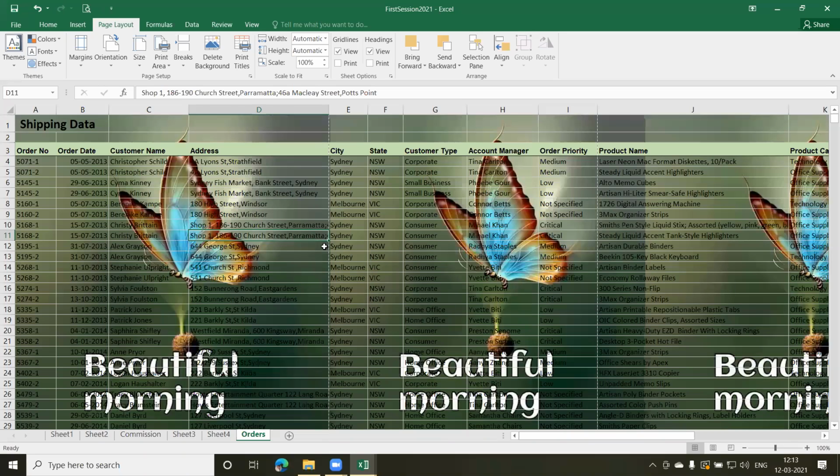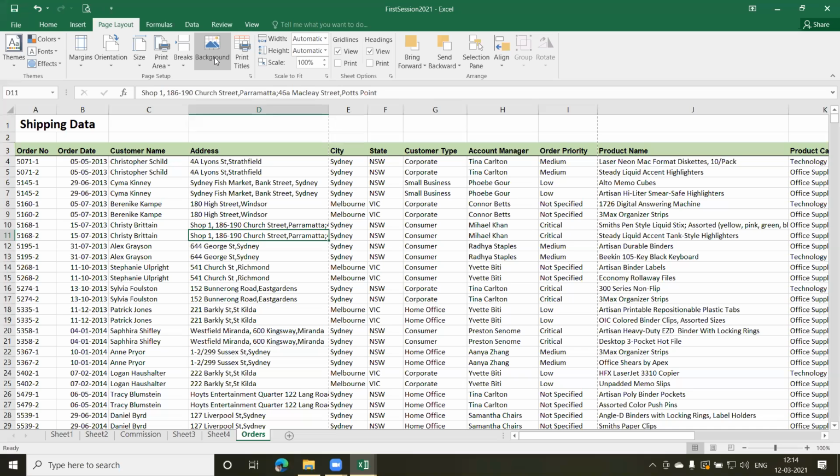Okay, but I don't think you'll be using this much. But if you want to give a presentation and make it very attractive, or you have some logo or some picture of your institute or the organization where you're working, you can make use of that. And whenever you want to remove it, you just click on this delete background, and it goes off. Okay, that is one thing.